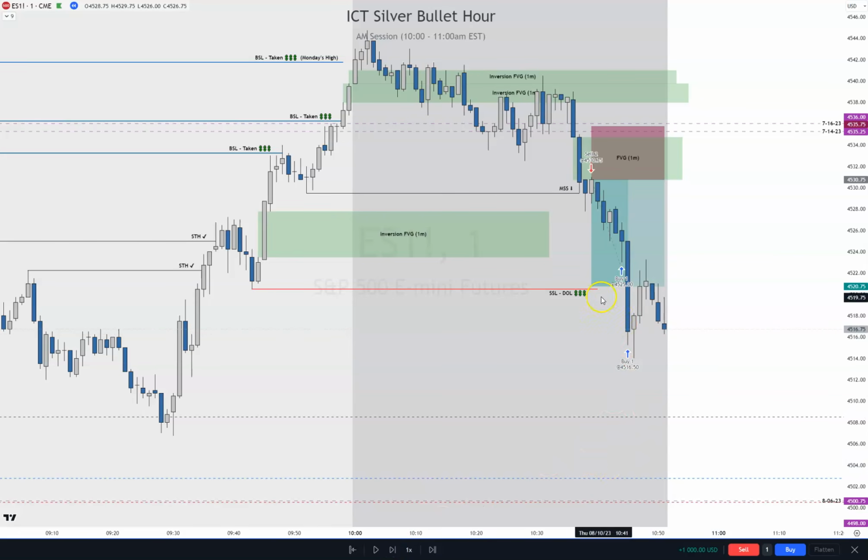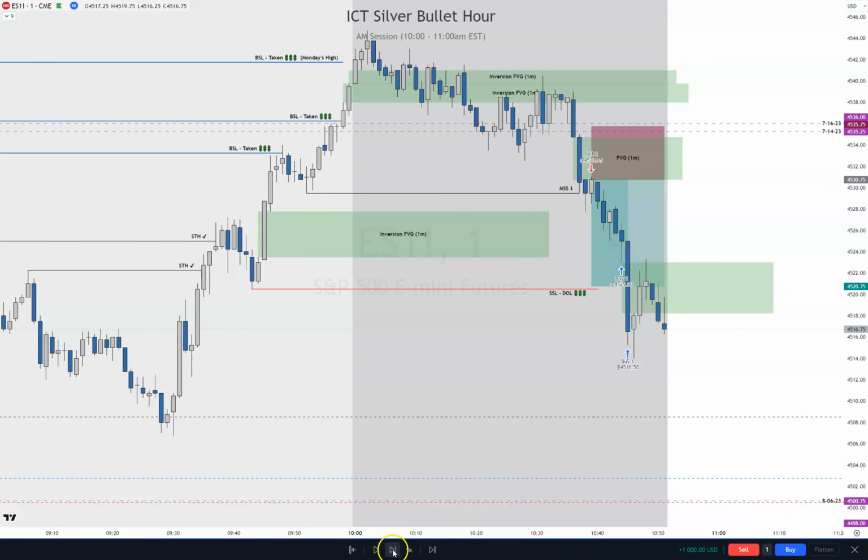Okay, so I wish I could take these off here. But there's a fair value gap. I want to mark it on the chart so you can see this fair value gap right here. Okay, price is covering in the middle. It's a little bit above consequent encroachment. Wicks do the damage, right? But as it's coming down, there's a volume imbalance right here. There's a volume imbalance right here. Those are bearish volume imbalances. We like seeing those when price is going down. We don't like seeing them when we're trying to move up, right?